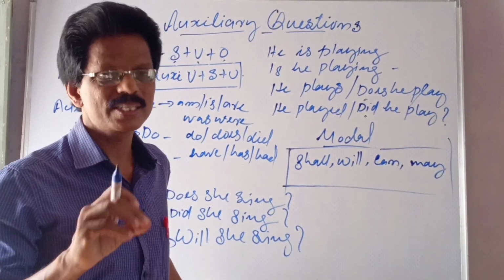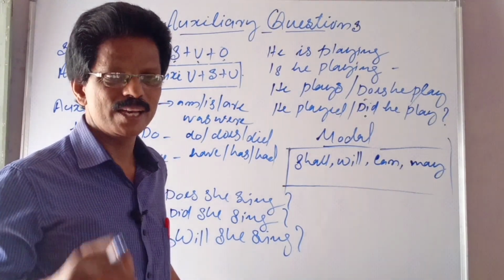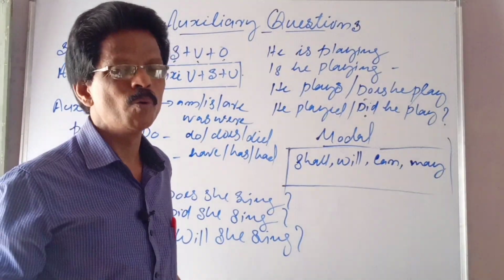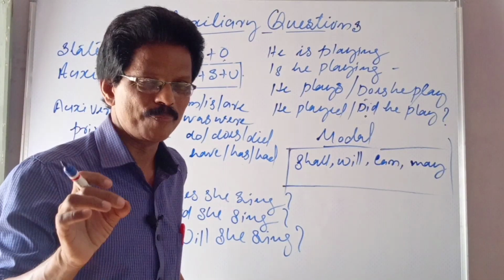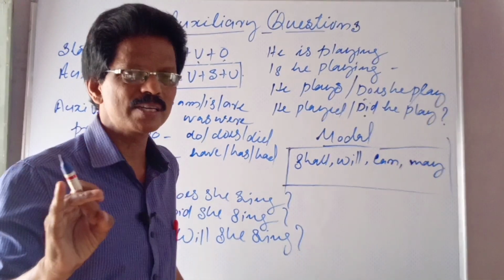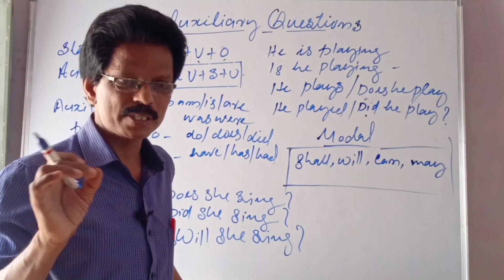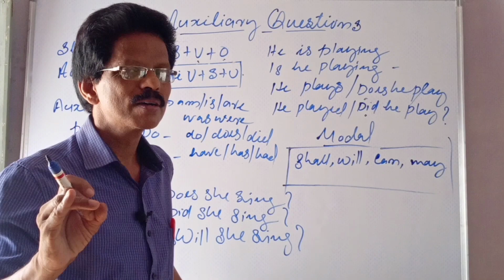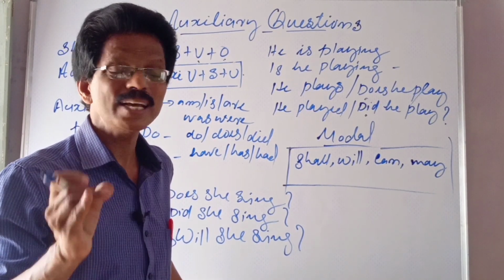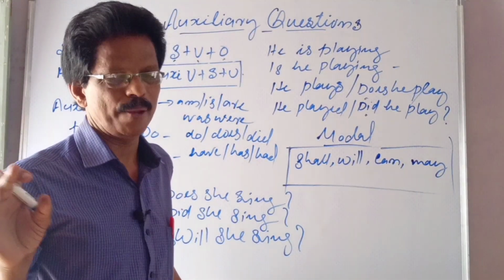Whoever does an action: he writes a letter, I eat a mango, I read a poem, etc. The subject can be a person: first person, second person, third person. First person means I, we. Second person, you, singular and plural. Third person, he, she, it and they.